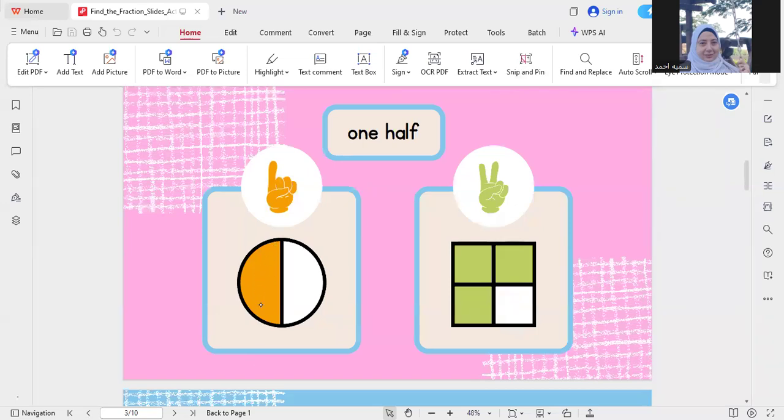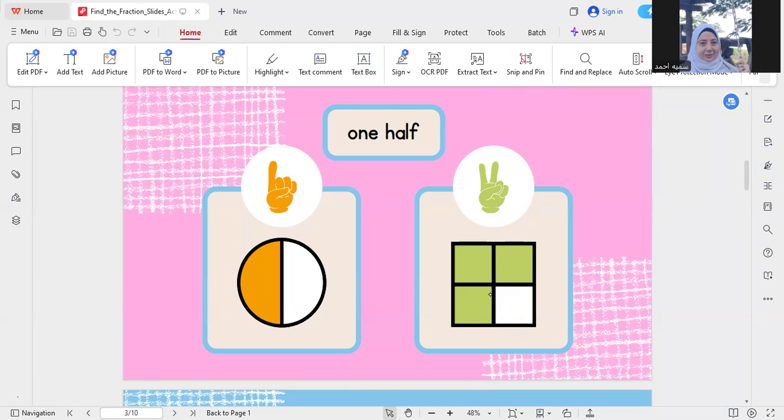This orange part is equal to the white part. We have two equal parts of this circle. So this orange part is called a fraction, and also the white part is another fraction, part of whole, because we divided this circle into two equal parts. Each part represents a fraction. Also, this square is divided into four equal parts, and it's a condition to be equal